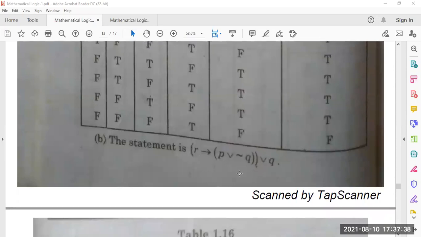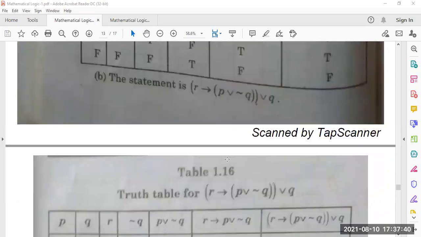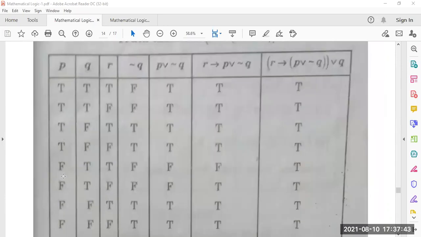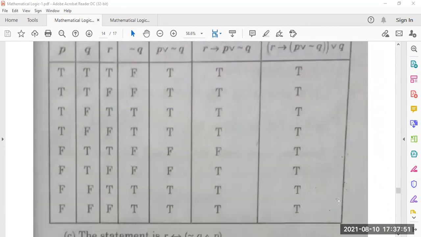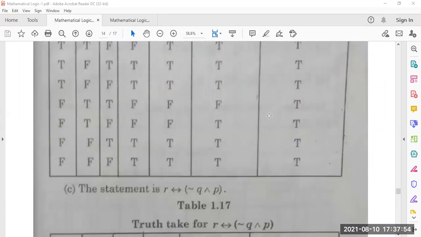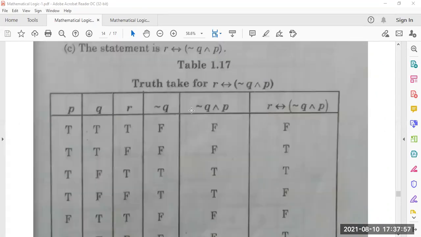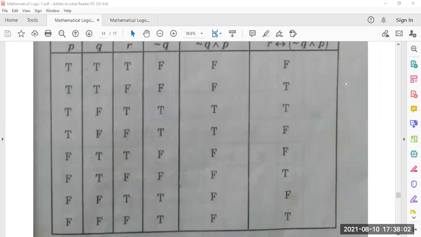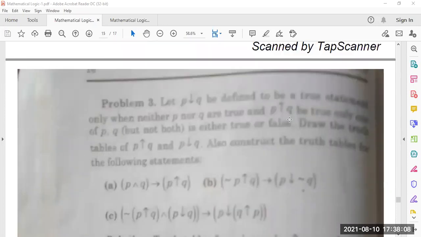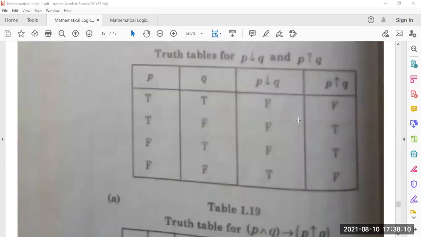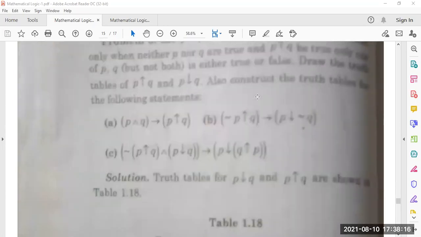This is P, Q, R, negation Q is here. So there also 8 rows. Look at here, 8. There also truth table. Here all those values are true. So it is a tautology. Here R, T, P are taken. That means 8 rows will be required. So it is neither a tautology nor a contradiction. These are the things given. It is also a truth table for another implication that is given.